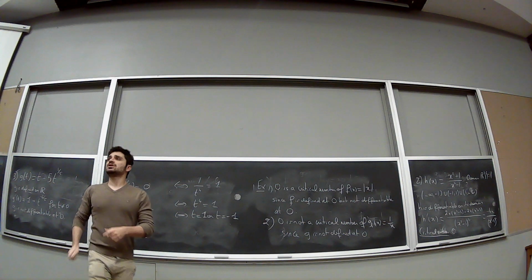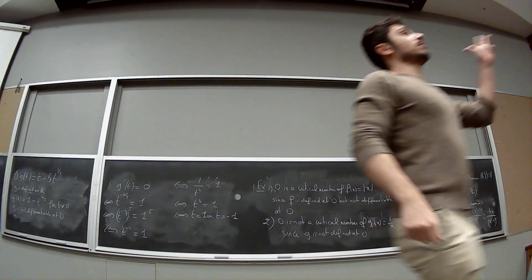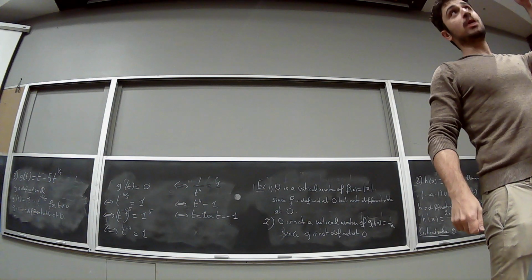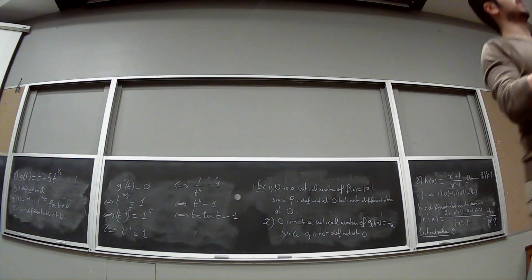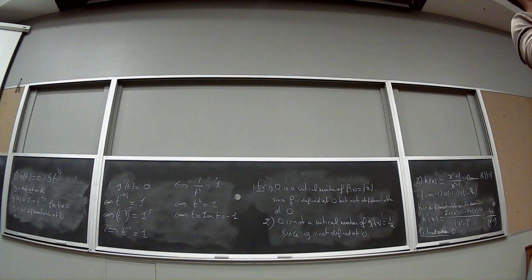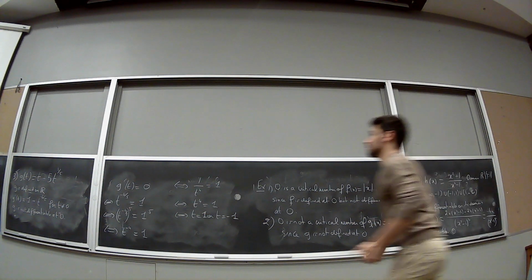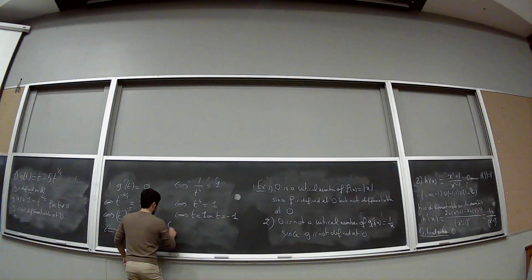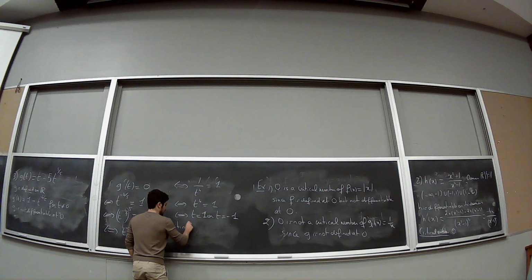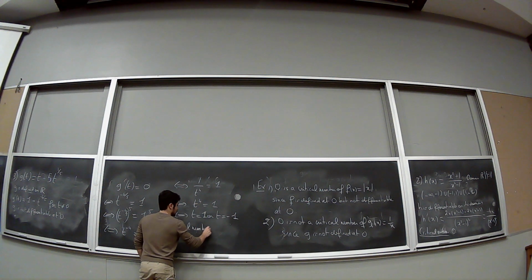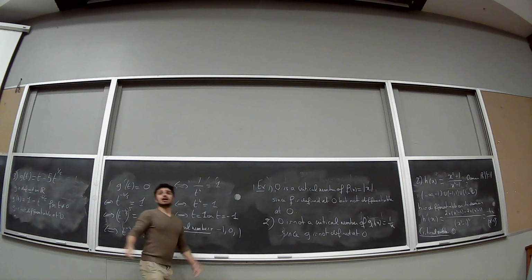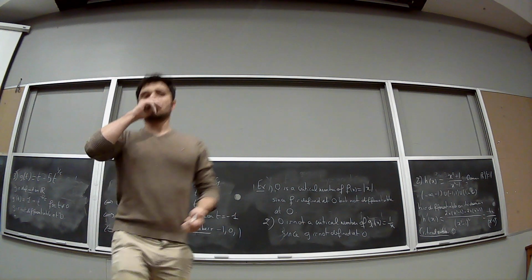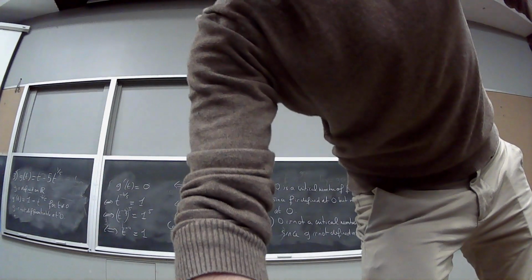So how many critical numbers do I have here? 3. What are they? 1 and minus 1 is where the derivative is 0. And I have an extra one where the derivative does not exist, but the function is defined. Okay, so critical numbers, let's end this. So it's minus 1, 0, 1. Is this clear? Was this clear? Okay, thank you very much, and see you on